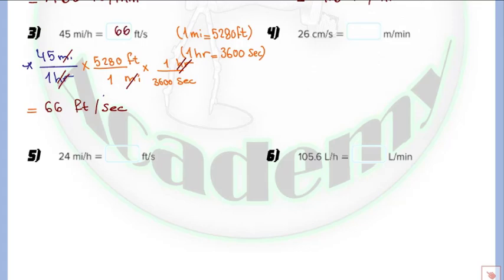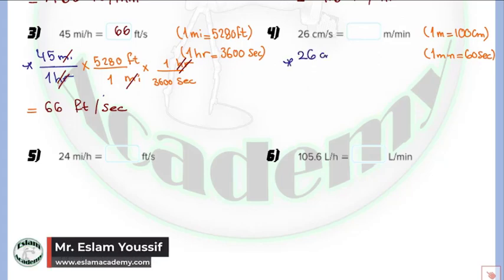By the same, we have question number 4. 26 centimeter per second is equal to how many meter per minute? Just write the unit. We know that 1 meter is equal to 100 centimeters. And 1 minute is equal to 60 seconds. Now just write the given rate, 26 centimeter per second,